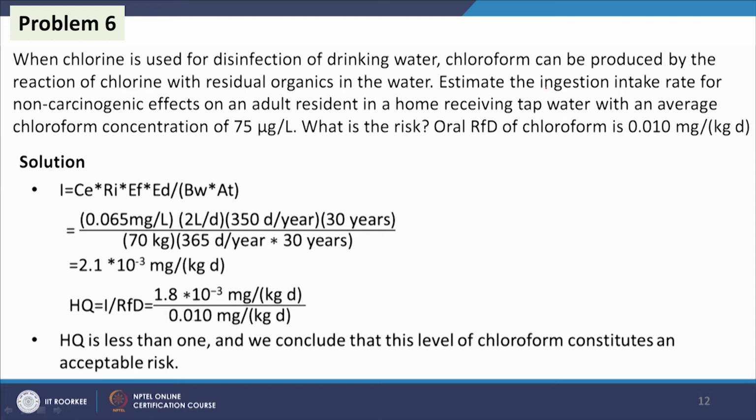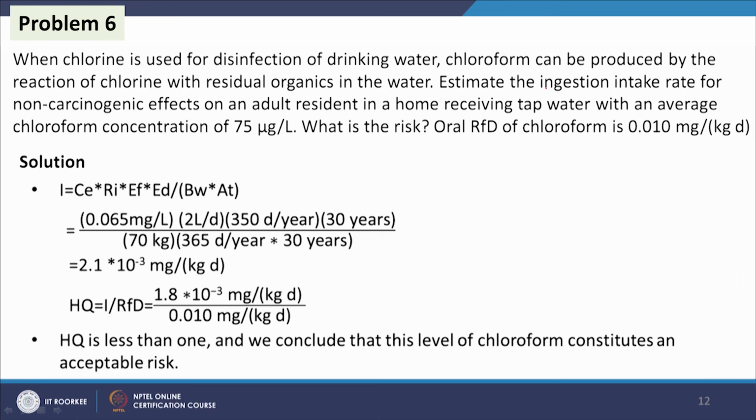Now, we will find out these values and put them here to get the value of I, which is nothing but the ingestion intake, and here C is the concentration. So, 0.065 mg per liter, and then the intake: the per day water intake is 2 liter per day, that is IR, and EF is the frequency, 350 days per year, and then the duration is 30 years, because